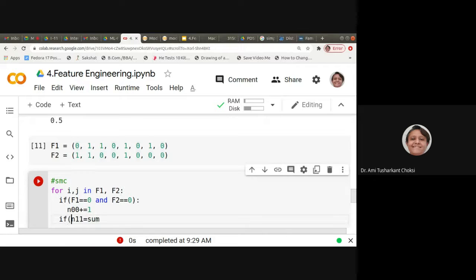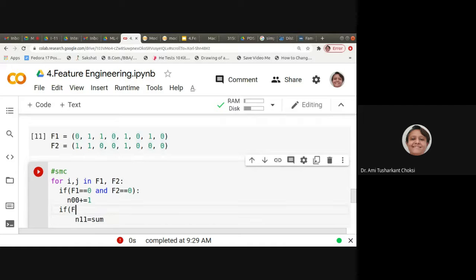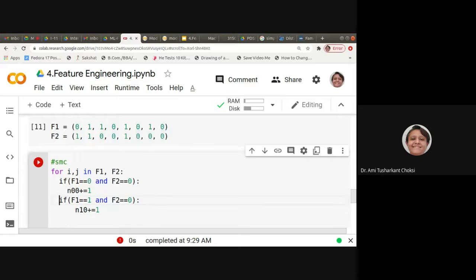If we are having F1 equal to 1 and F2 equal to 0, then what we can say is N1 0 plus equal to 1, right? Only 1 will be doing the addition. You can see here we'll be having it as else if, no, it is elif, isn't it? So elif,